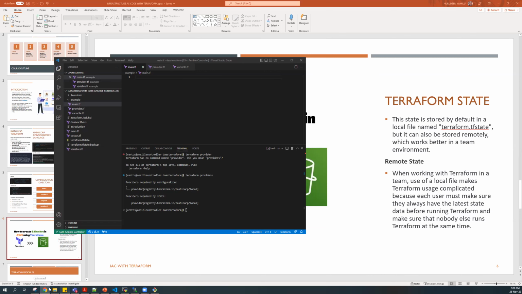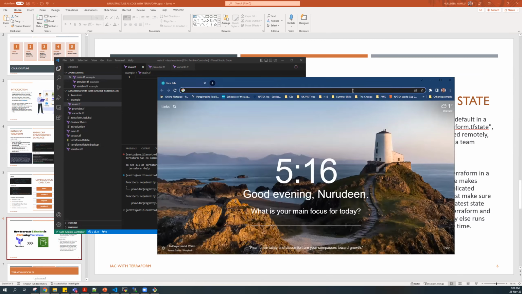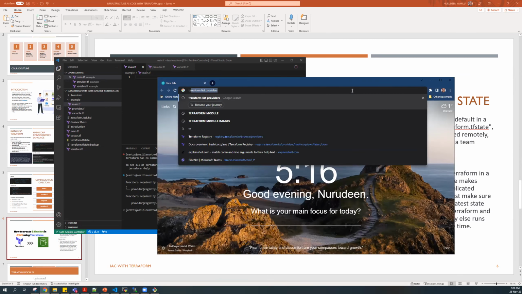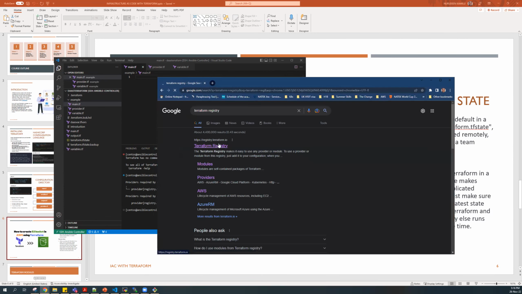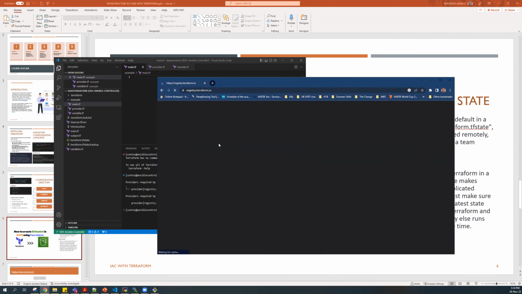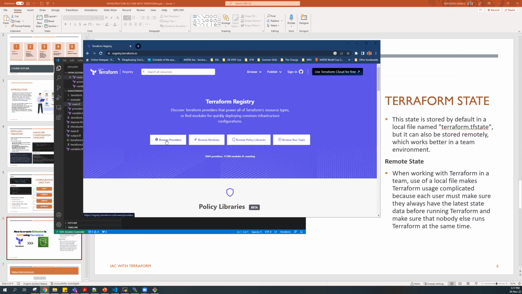Let me try and open the web browser again. Okay, now you can see my web browser. Let's just look for Terraform Registry. Now this is the Terraform Registry, and on it we have different providers, and they are categorized into